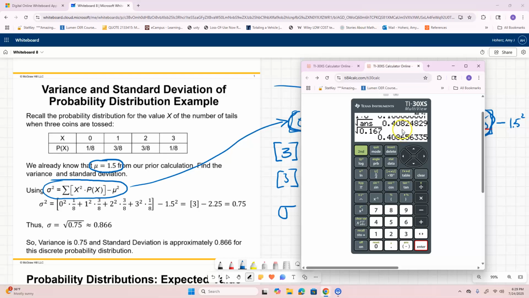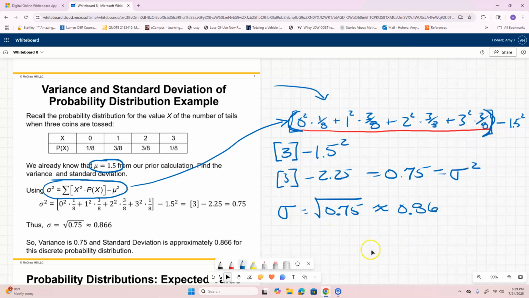And so if we had done it the second way, this would have rounded to 0.409 when it really should round to 0.408. So again, use that answer button on your calculator to put the number in from the prior step. And then that way you're not rounding until the very end, and it's better, more accurate calculations. Okay, so